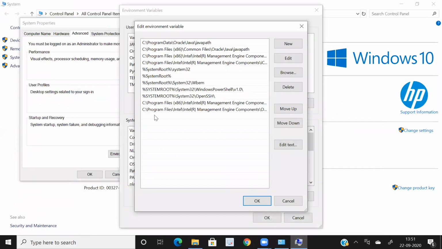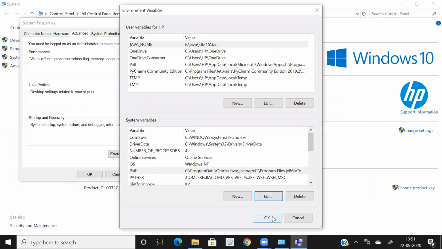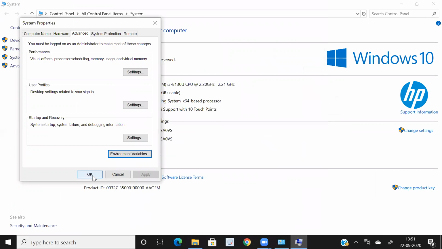So now come back to this again, select new and paste here. Either you can use Control V or you can use right click and paste. Correct. And okay. Now it has been edited. Now say okay. Again say okay. All the dialog boxes which you opened, you have to say okay.